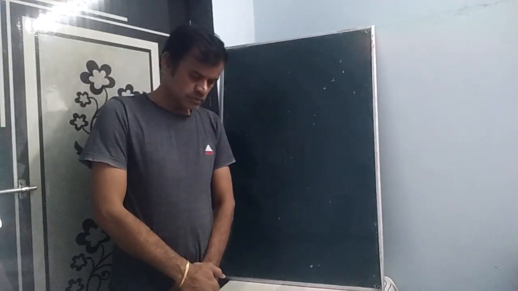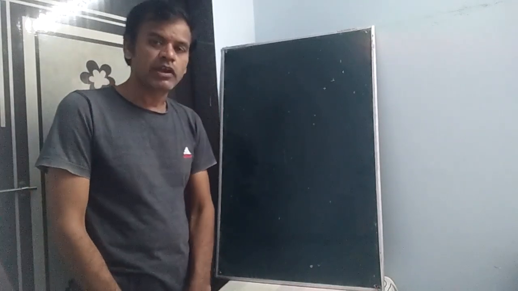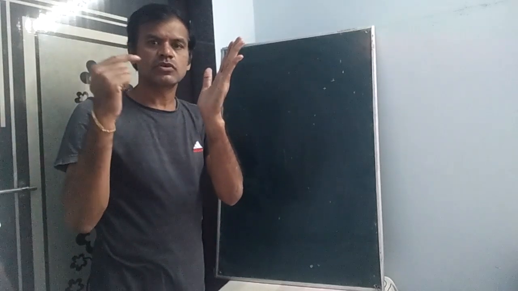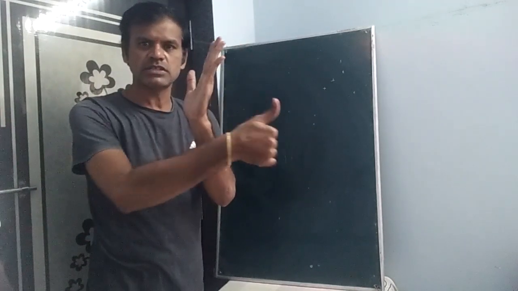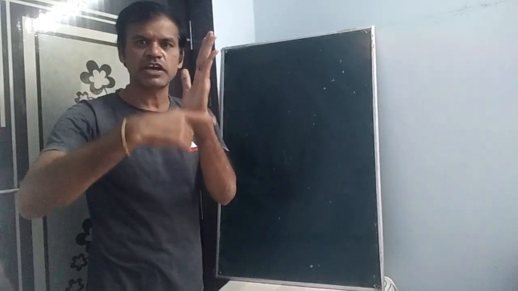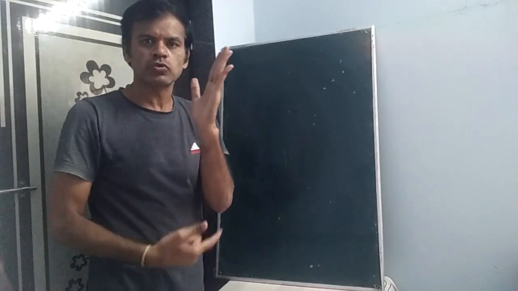Dear students, today we are going to discuss the topic equation of straight lines. If a line like this divides another line into two parts, for example this is one side and this is another side, if a line crosses like this, this line is dividing this point and this point in which ratio? That we are going to discuss today.